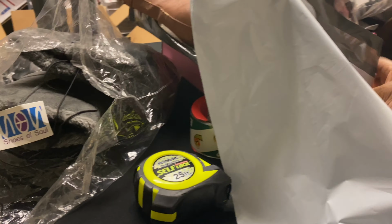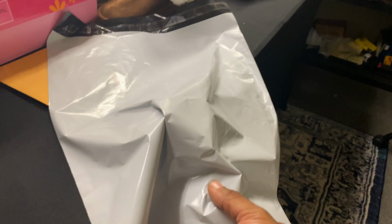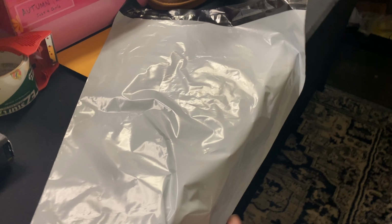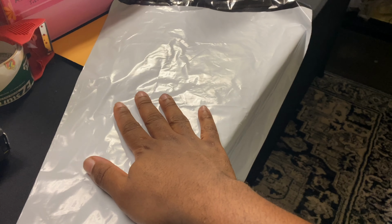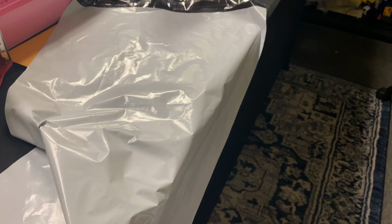So I made a video talking about shipping and how we ship things, and a lot of stuff goes inside of these poly mailers. They're really good. They're really versatile. These are waterproof, so water won't get into them. Of course, they can tear. So if it's something very delicate and you don't think this is going to be enough to package it, I would definitely put it in a box if you have to, or wrap it up in some